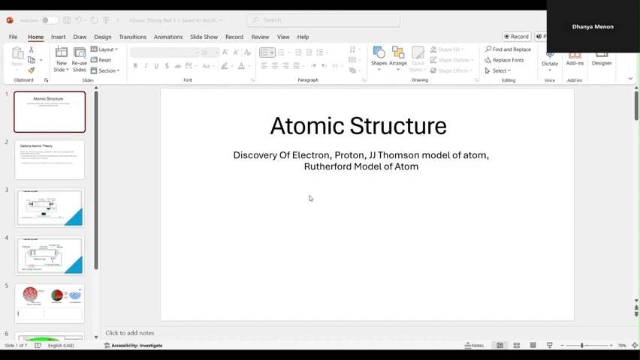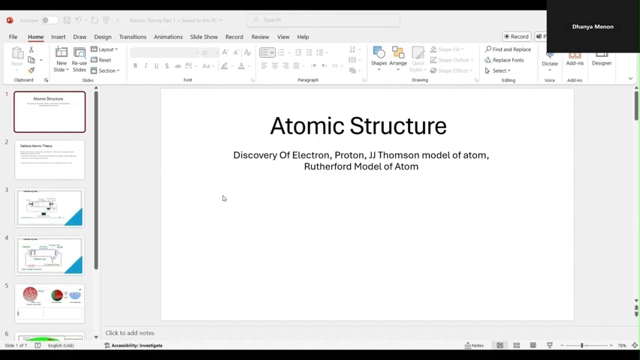Okay, so today we will be studying the discovery of electrons and protons, J.J. Thomson's model of atom and Rutherford's model of atom. Okay, just like the first lesson that we did, we completed the lesson and we practiced some JEE and NEET past paper questions. Same way we will follow in this lesson too. Okay, so